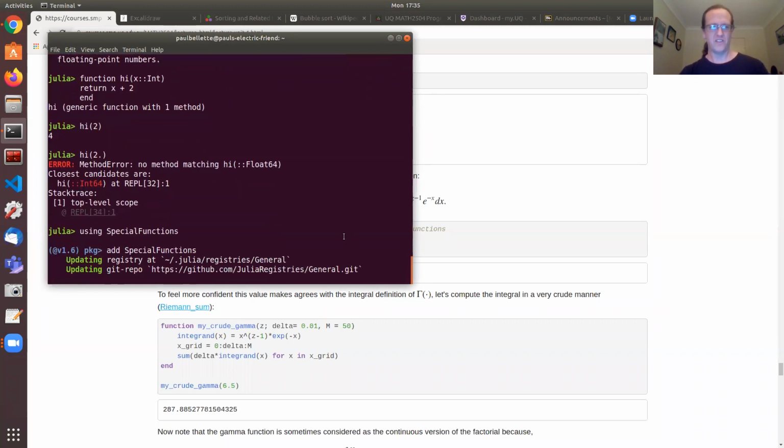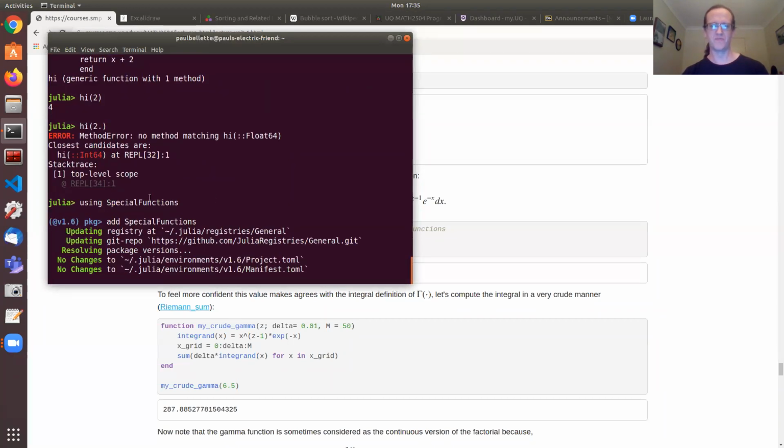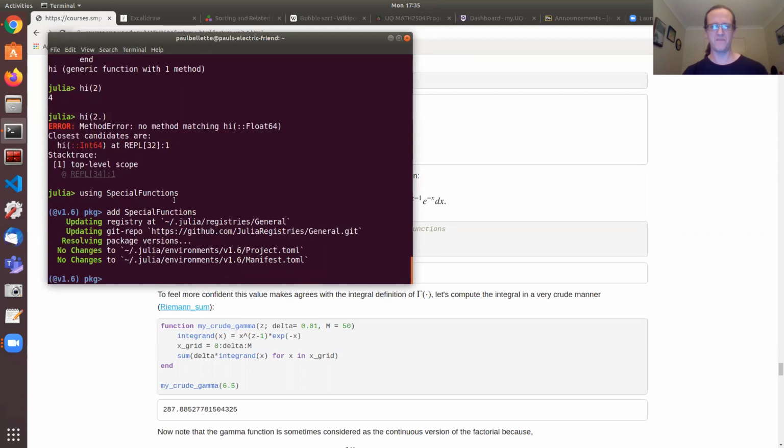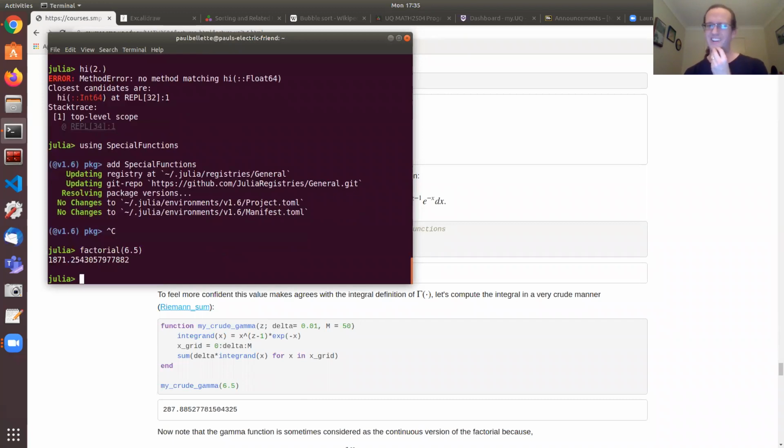It'll go through. So this is not part of base Julia. It's a repository that somebody else has made that has some useful stuff in it. Get out of the package manager, Control C. So now I can sort of shortcut and go Factorial 6.5 will actually work because in special functions, if I